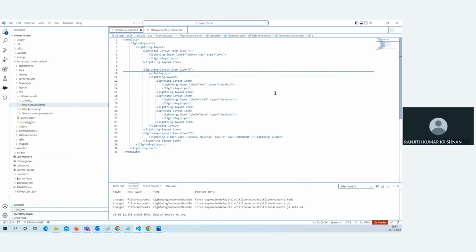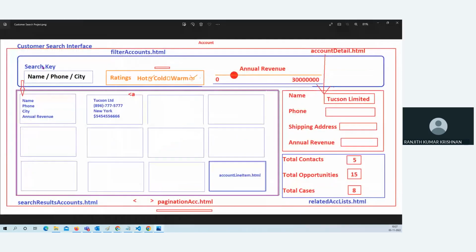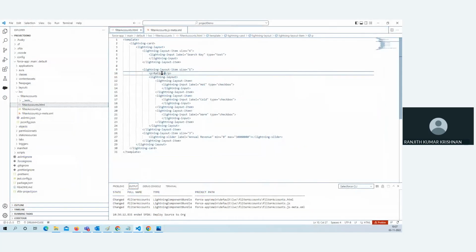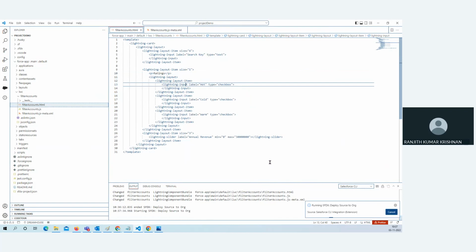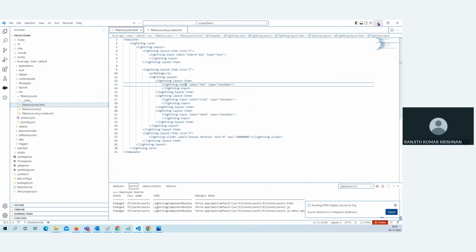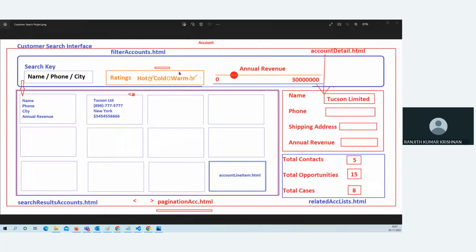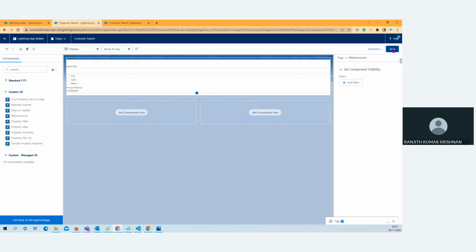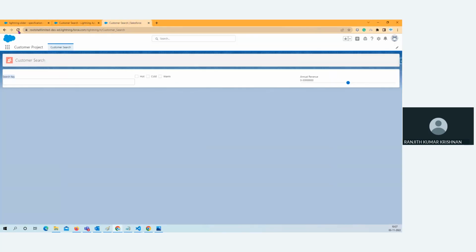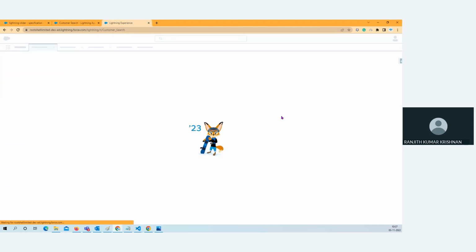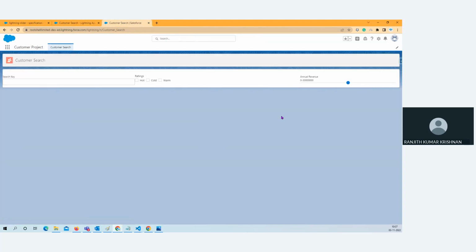The requirement I gave at the bottom, but search key at the top, rating should be at the top, annual revenue should be at the top. So I gave rating at the top. Okay, now more or less we are able to get the interface, but what is missing actually,